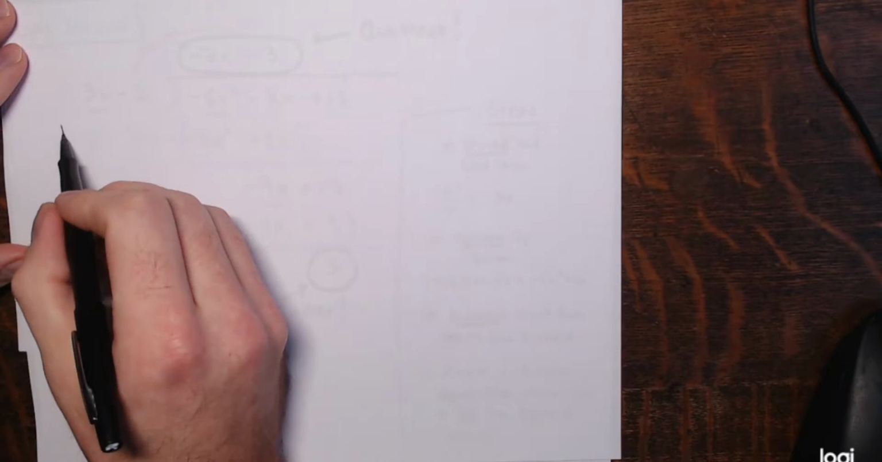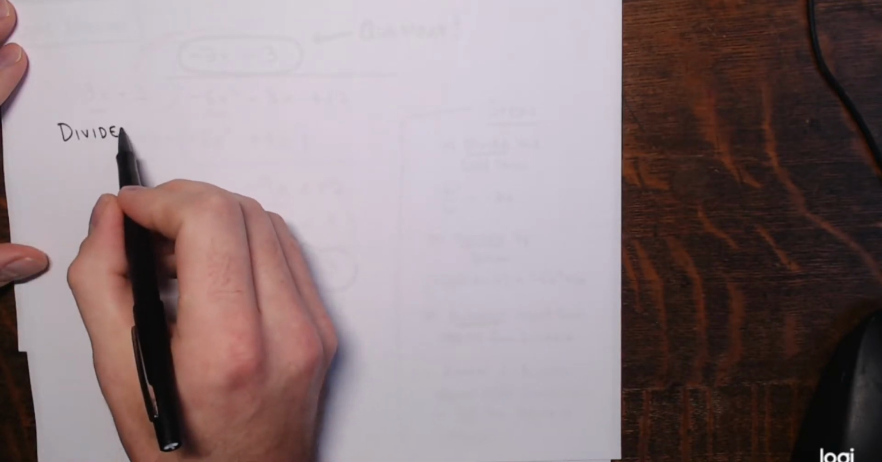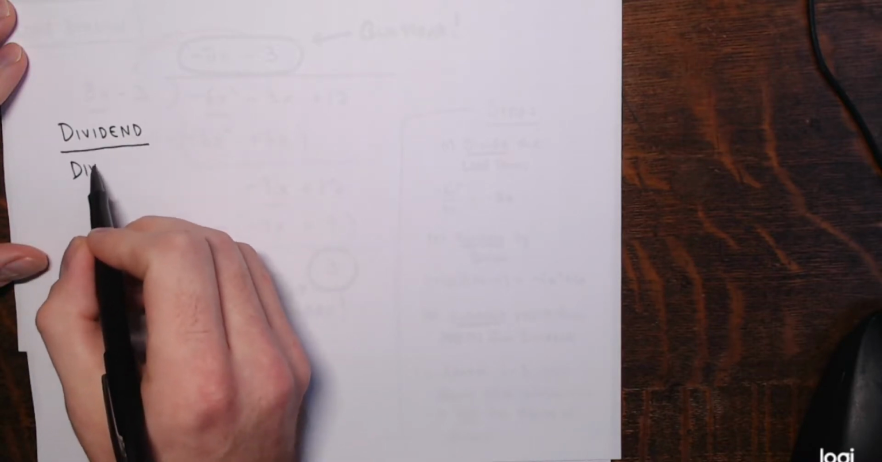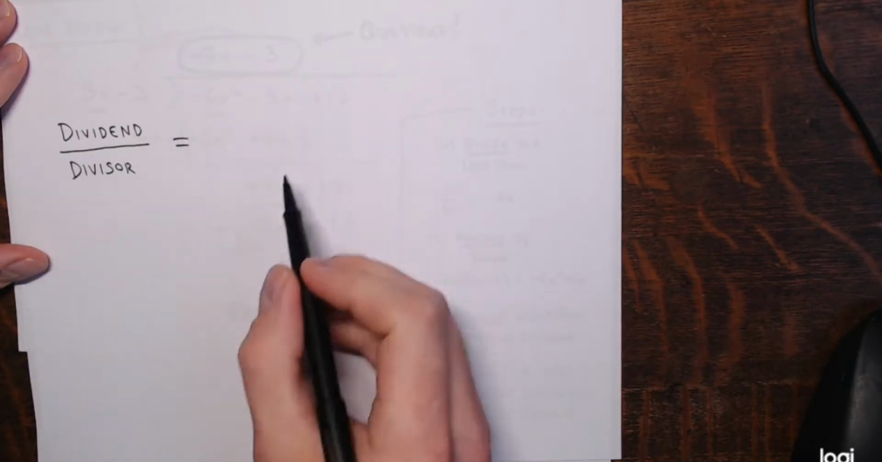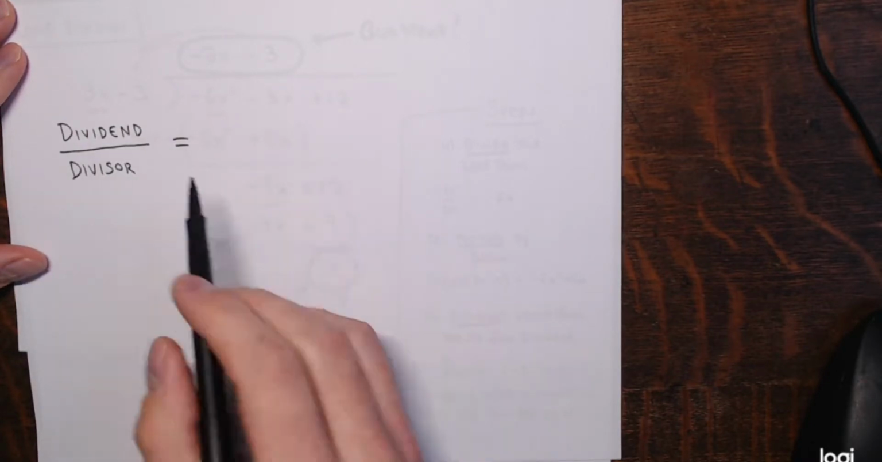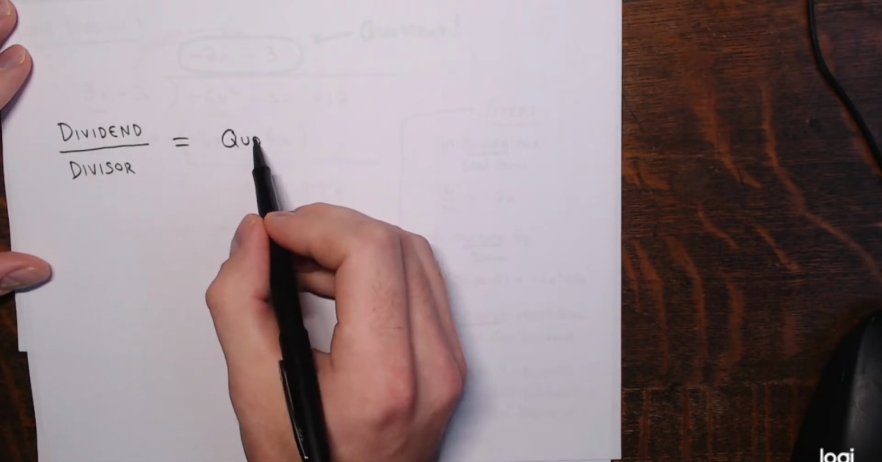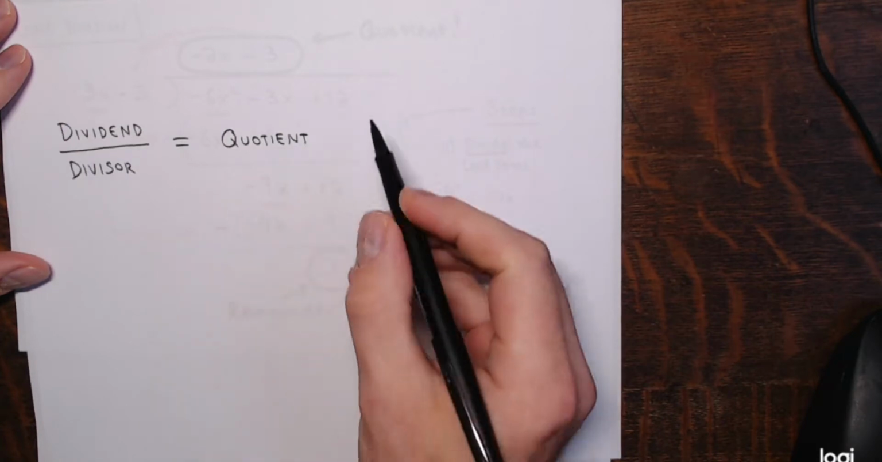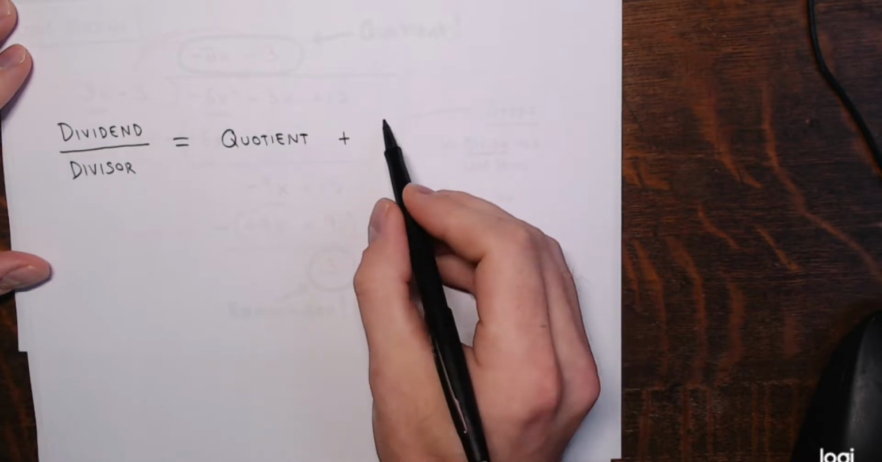So you have dividend divided by divisor. All right, and how do we express the result? You're going to write this as quotient, whatever the quotient is, plus a remaining fraction, and that's the remainder